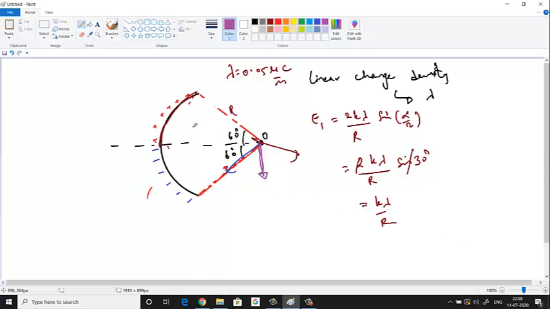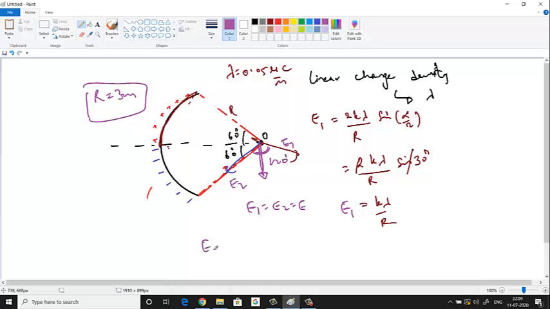So let us say that radius here is given as 3 meters, otherwise we will not get in numbers. So E1 is equal to what? K lambda by r. What about E2? Due to this negative, same value you'll get, direction is different. So E1 is equal to E2 is equal to E. What is the resultant? How do you find the resultant? If you know this angle, which will be equal to 120 degrees. How will you find this?